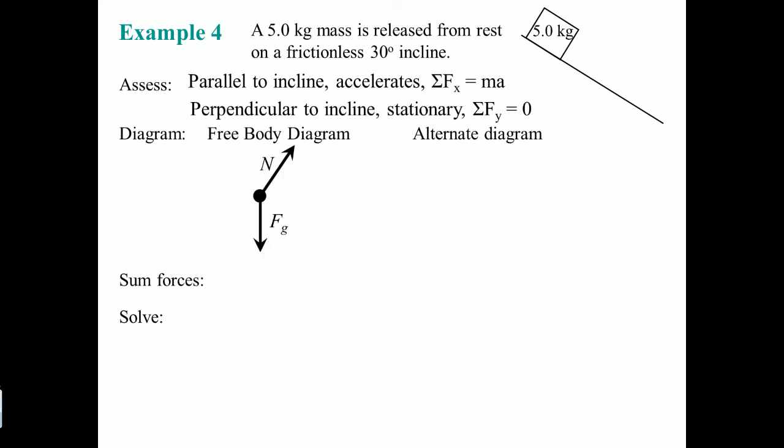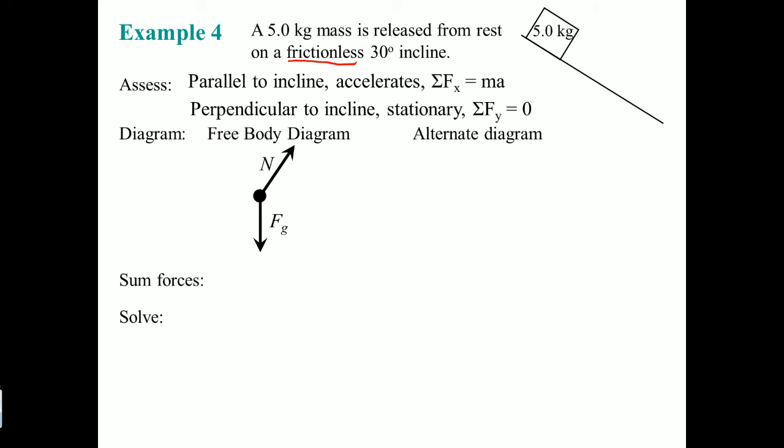The free body diagram looks like this because there are only two forces here, the normal force and the force of gravity. It's frictionless. There's no friction here. It says frictionless, right here. If you break this down into its component form, we see that the